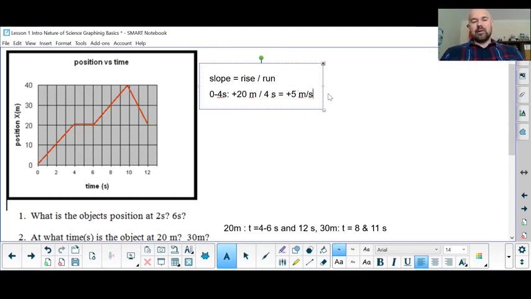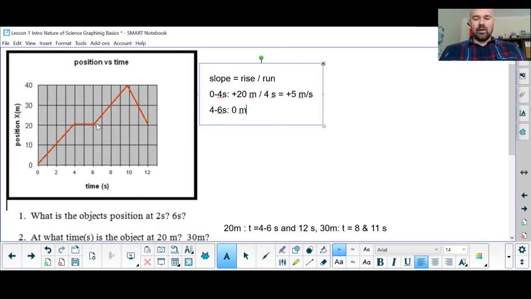So I'm going to go from 0 to 5 to 10 to 20, and that's 4 seconds of time going by. So that's what we're talking about for that. From 4 to 6 seconds, that is the next section that we're going to look at. So this horizontal line. You might know the slope of a horizontal line. It should be 0, but you can always figure it out using the slope formula. So if it doesn't go up or down, there is no